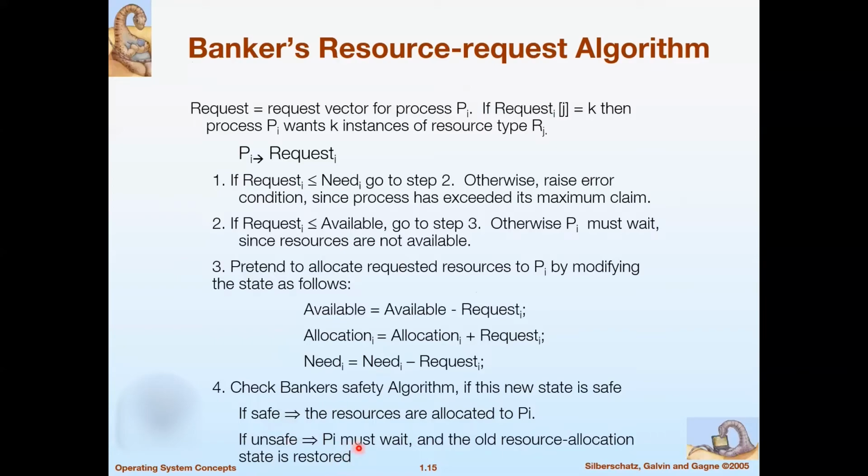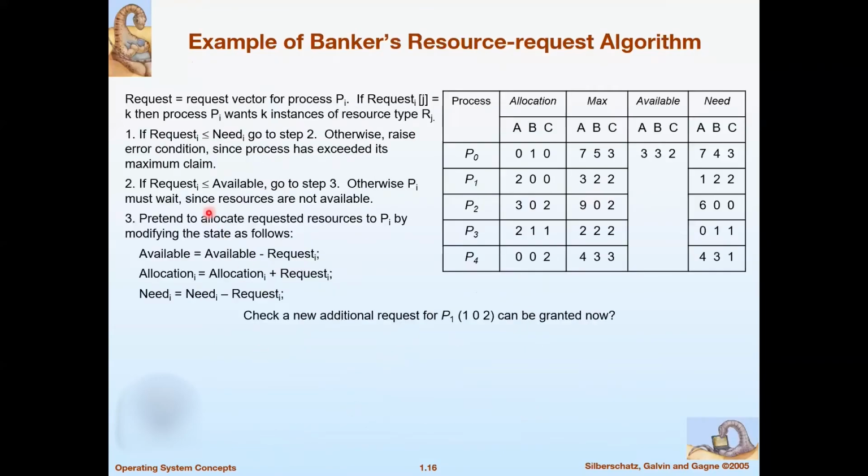in that case you cannot allocate the resources physically, so you have to restore the previous state by modifying the data structures. So we assume that P1 requests resource 102. In this slide, for considering this request, we need the banker's resource request algorithm, given on the left side of the slide, and the current data structure set is given on the right side of the slide. Now we have to check whether this request can be